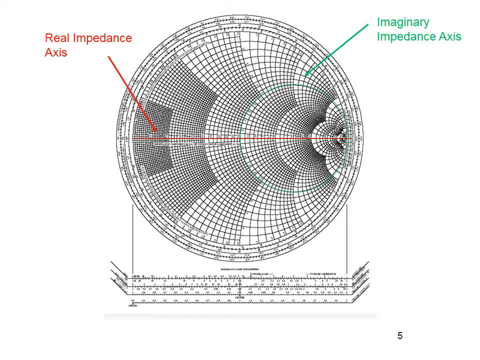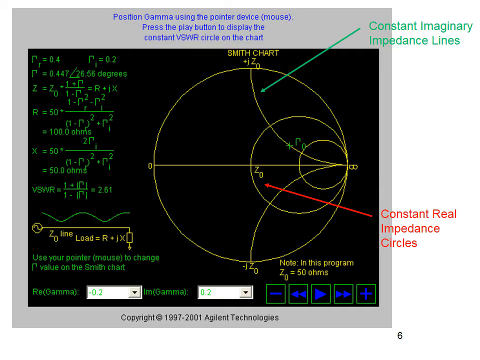That is nothing but the reactances, the resistances, the impedances, not only in the real terms but also in the imaginary parts. Here the two axes are important. The green color shows the imaginary impedance axis, whereas this portion shows the real impedance axis, so that we can find things easily with the help of this scaling. Similarly, we can plot, design and find all the parameters related to this Smith chart.